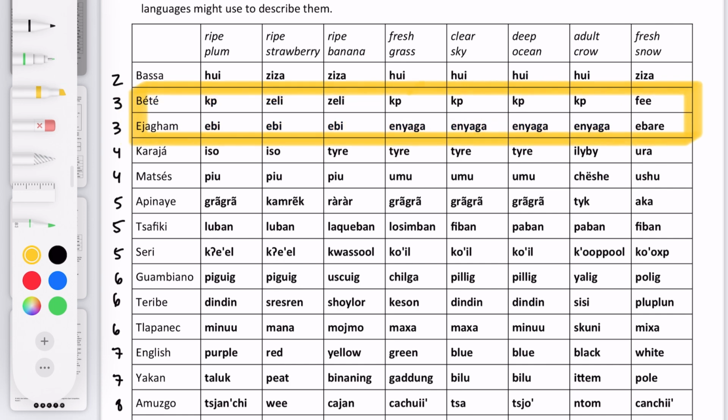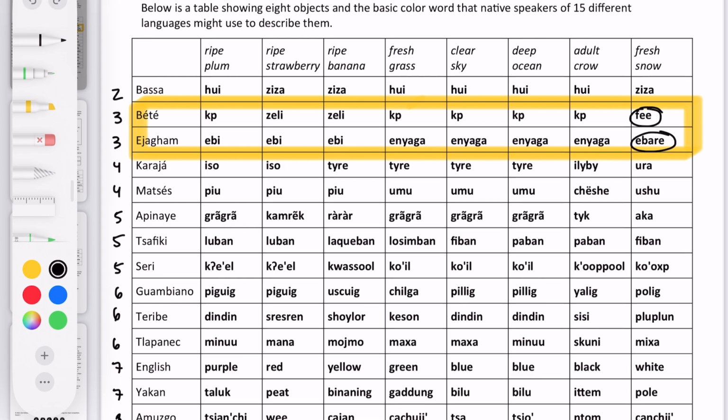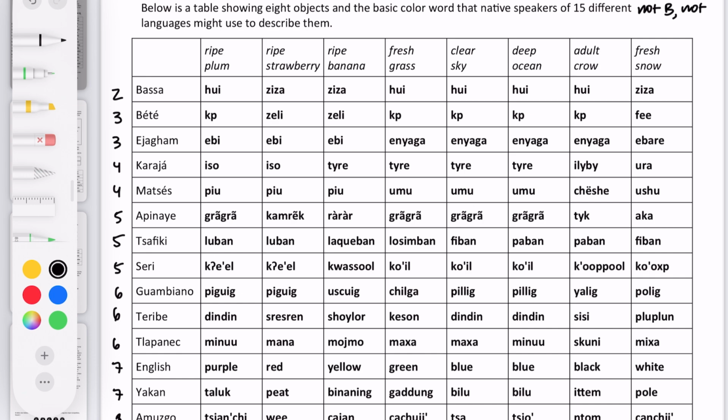So if we look at the fresh snow column, we see that in these 2 languages with 3 color terms, the words Phi and Abare are not repeated, so this column cannot be B. And we can make a note of that at the top. And it also can't be D because of that same reason. And because these two are both unique, then we know that this column has to be either A or C,